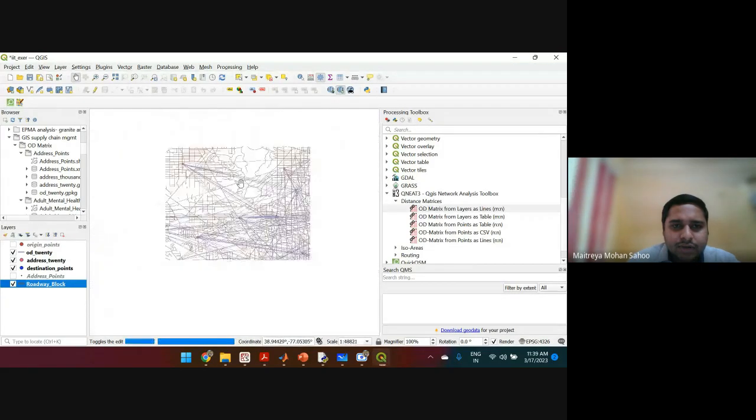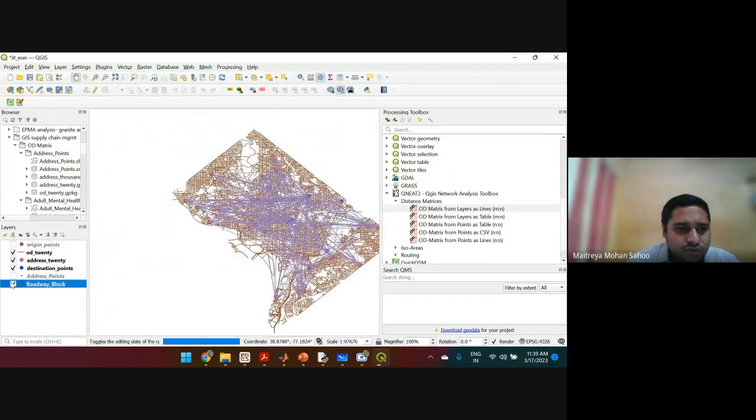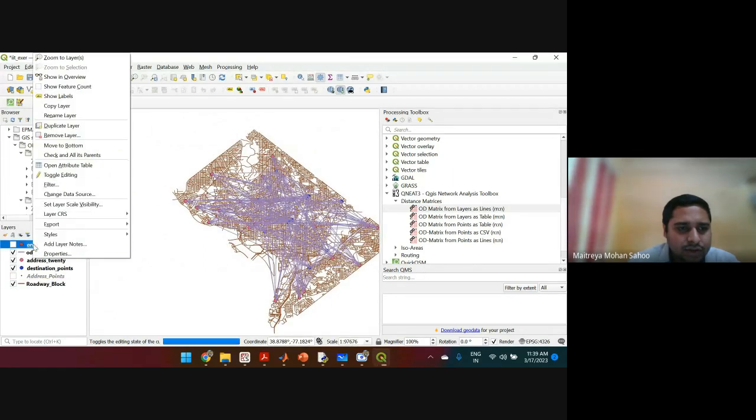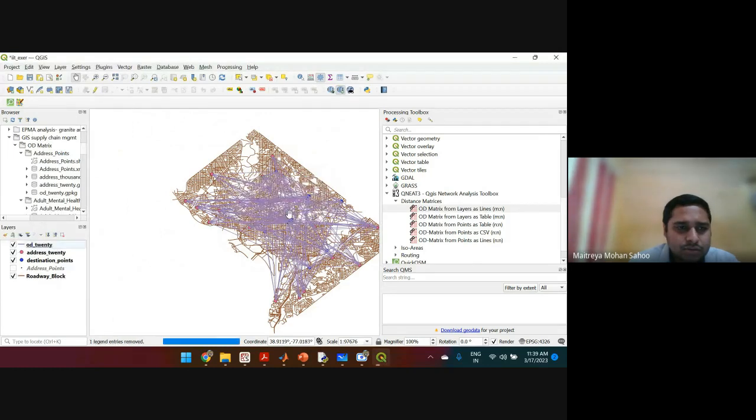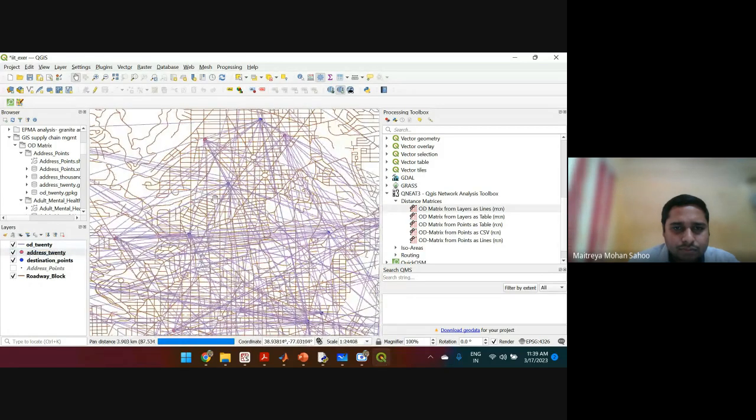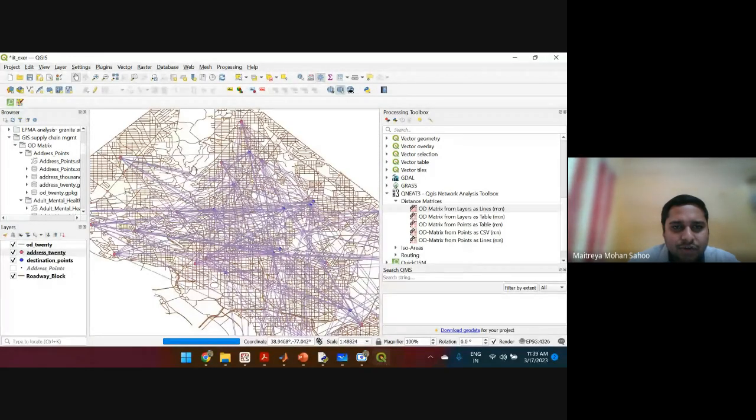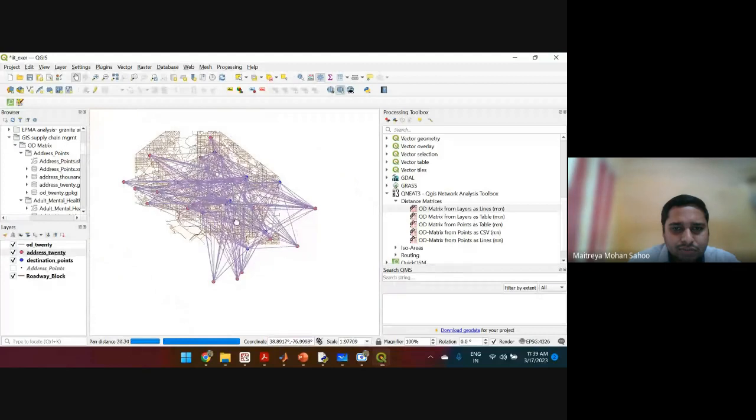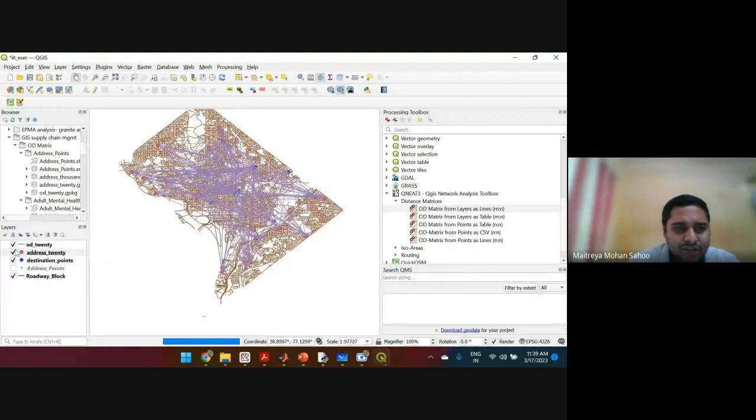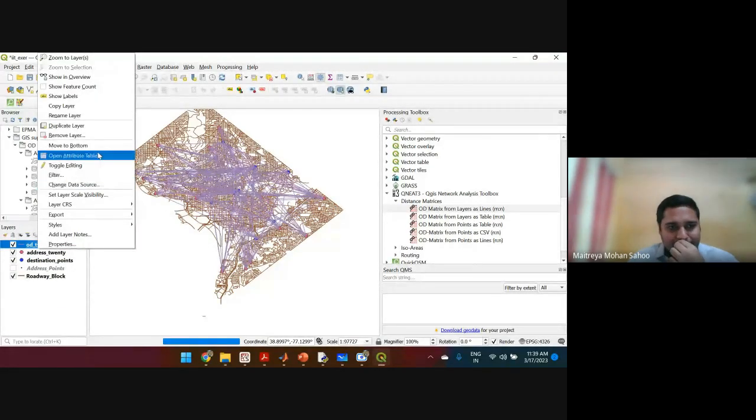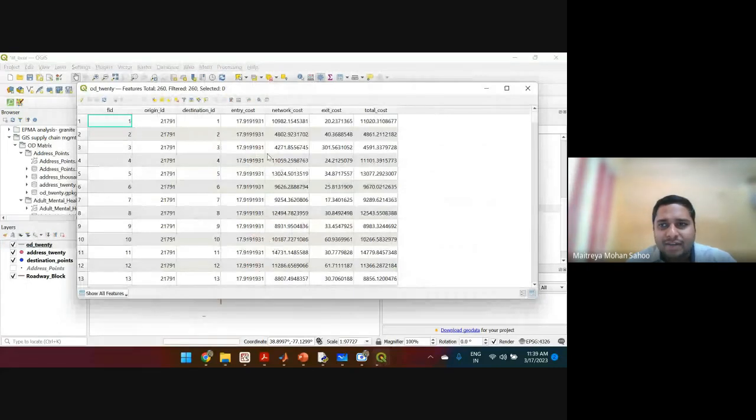So here, if we see the source and the destination points, I can remove this layer. The source here is address 20 and the destination points is the destination points layers. So here we see each of the source point is connected to each of the destination points. The web-like feature that you are seeing is the cost function that is associated with it. So if I click on this table, open attribute table, it gives the total cost